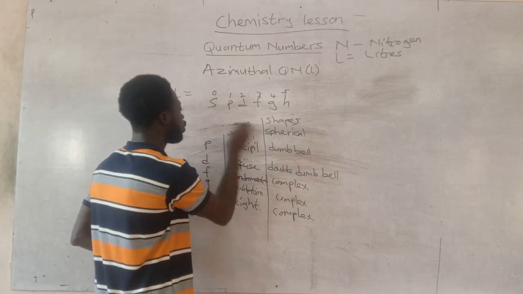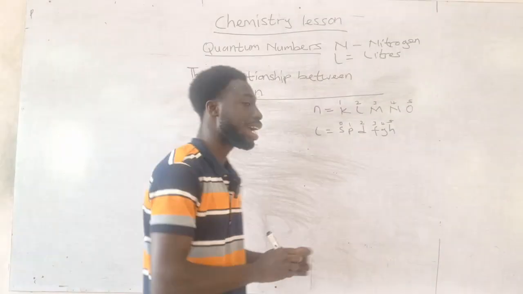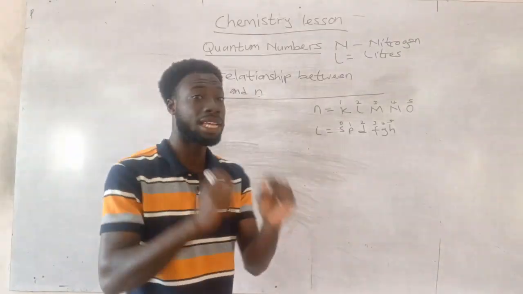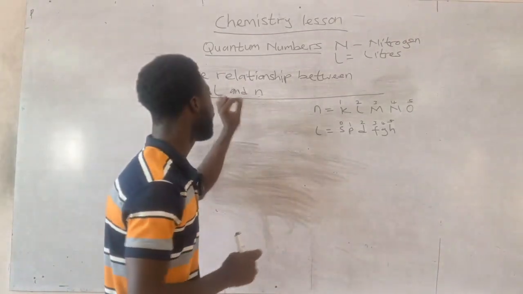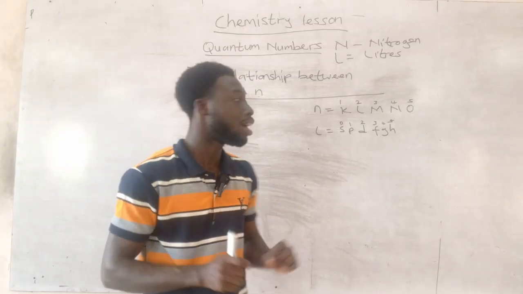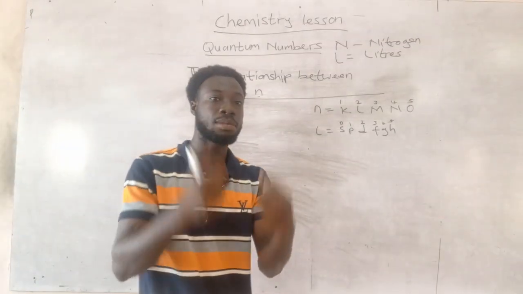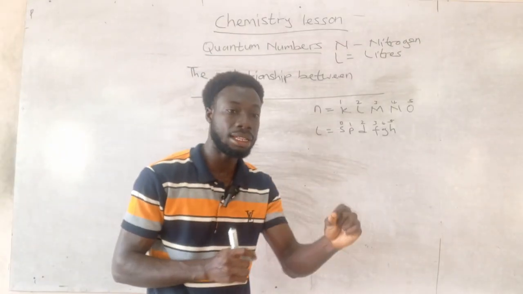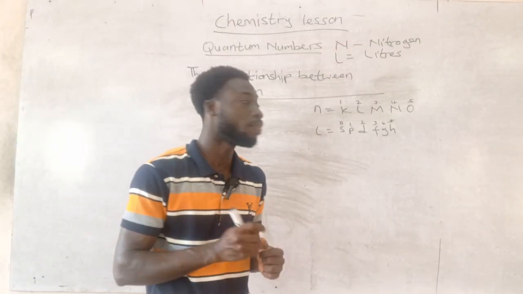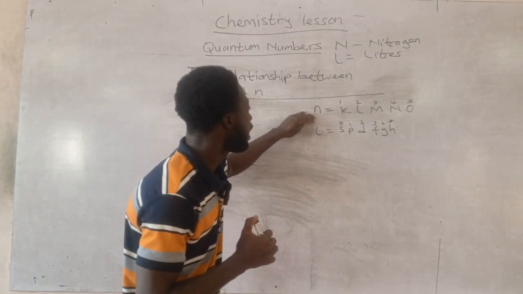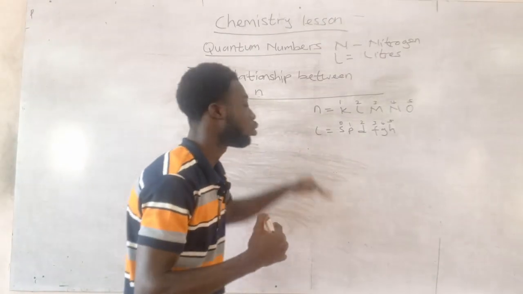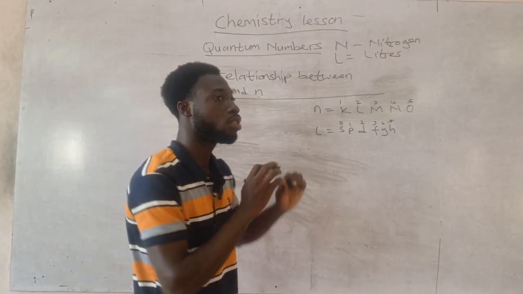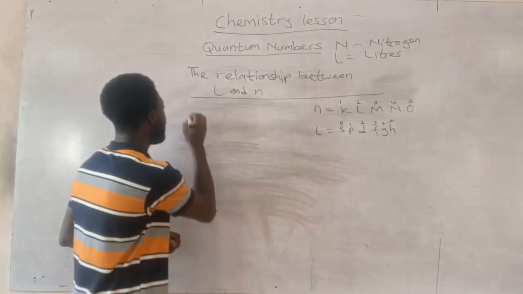So we are going to talk about the relationship between l and n. I told you that n is the principal quantum number and l is the azimuthal quantum number. So we are going to talk about the relationship between l and n. This is n, which describes the shell, and l describes the shape of the orbital. For solving this, we use a formula called l is equal to